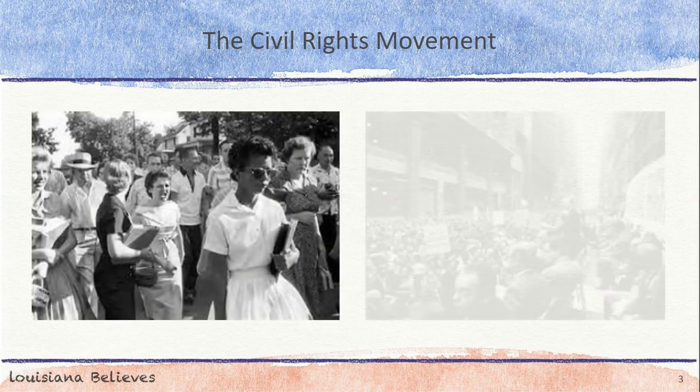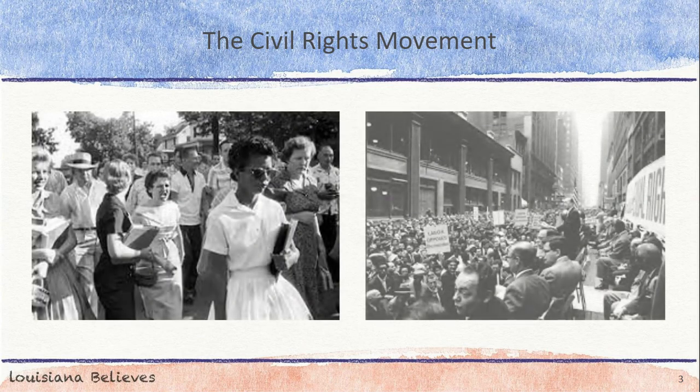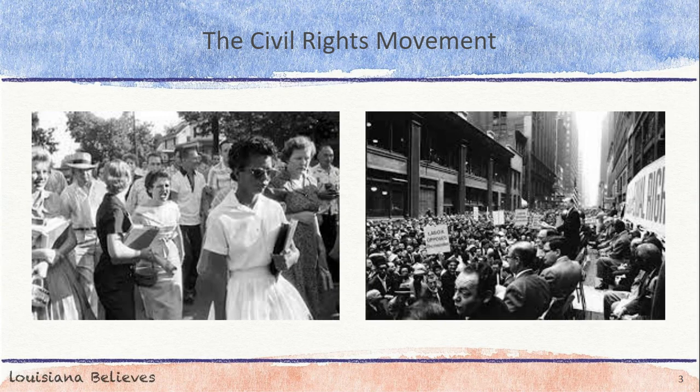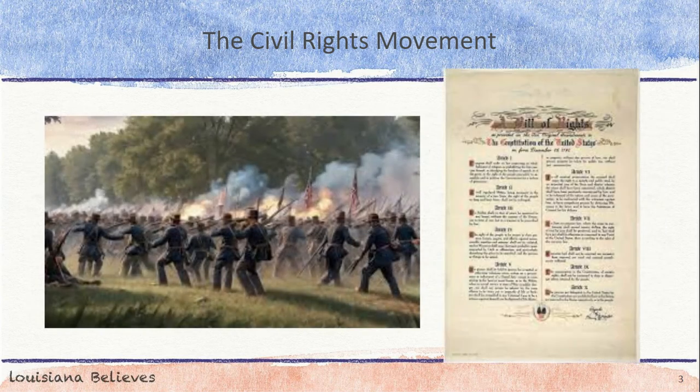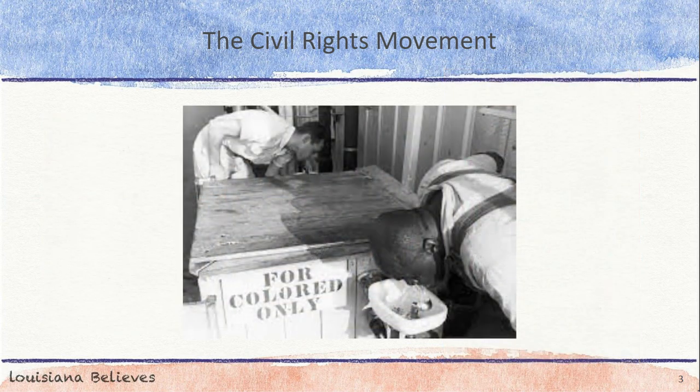The Civil Rights Movement, which started in the late 1950s, achieved important rights for Black Americans that they had been denied for a long time. After the Civil War, the 13th, 14th, and 15th Amendments to the Constitution were supposed to guarantee equal rights for all Americans. But in the South, segregation of the races and denial of opportunities to Black Americans continued in the system known as Jim Crow laws.